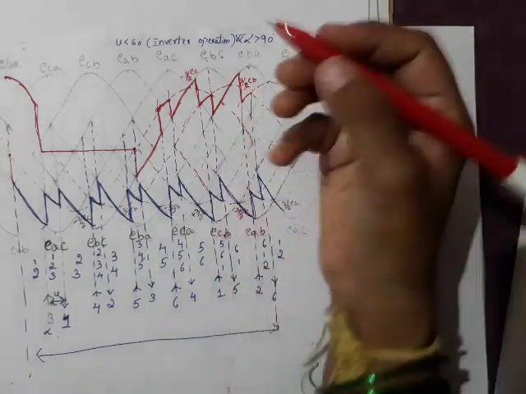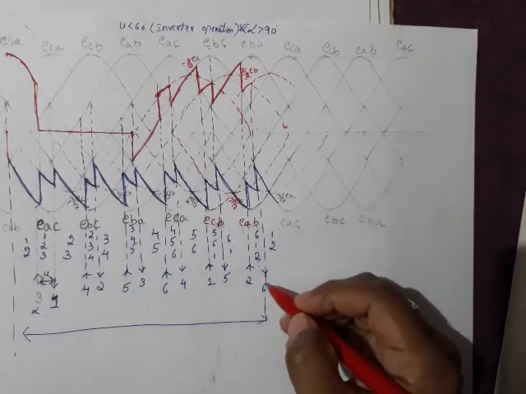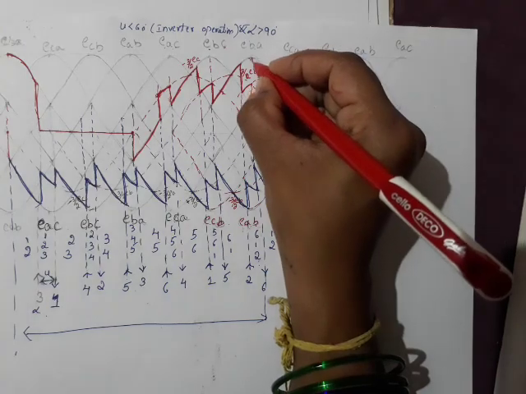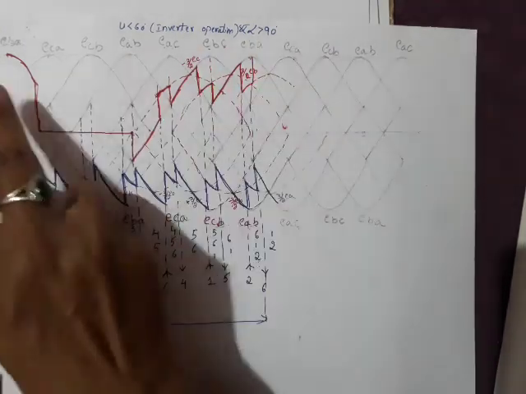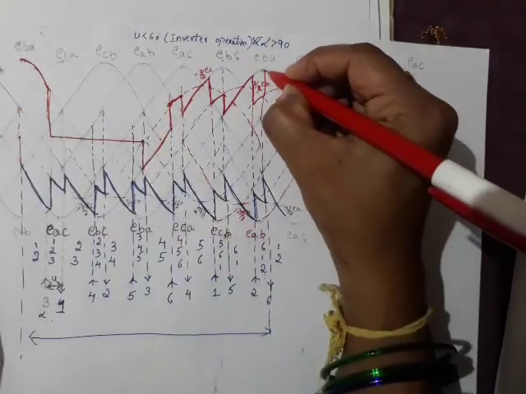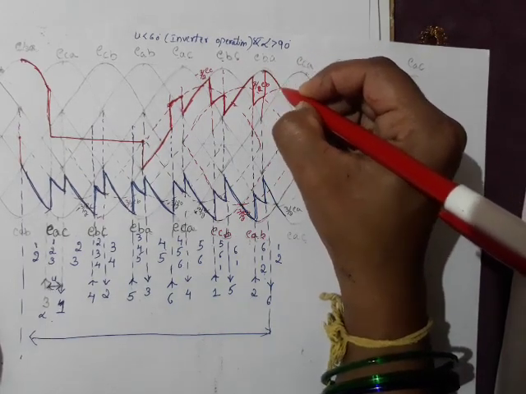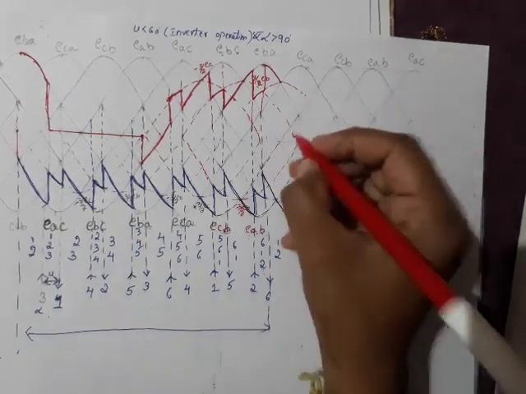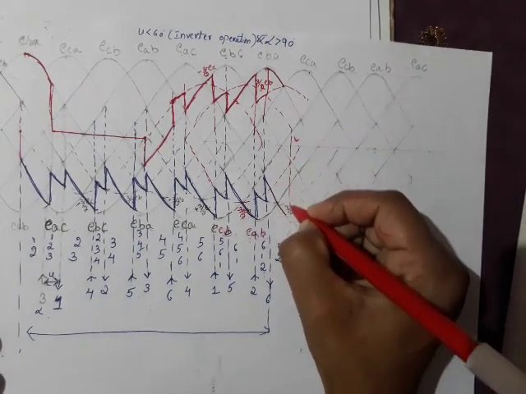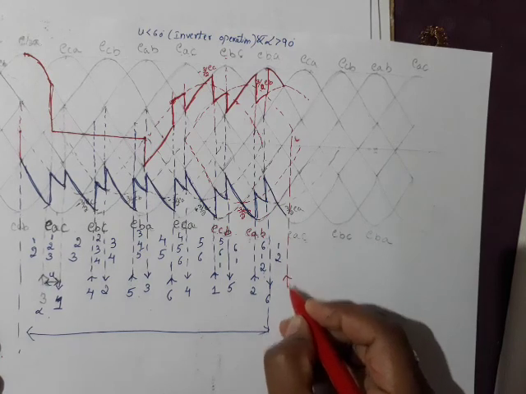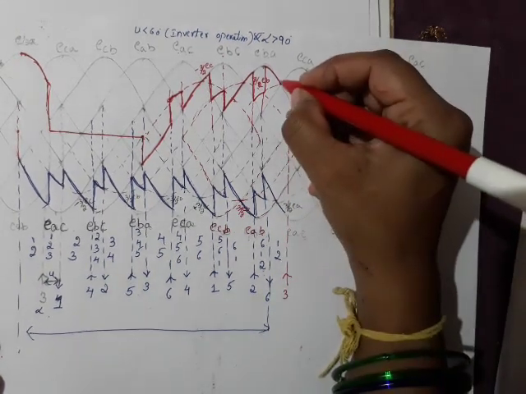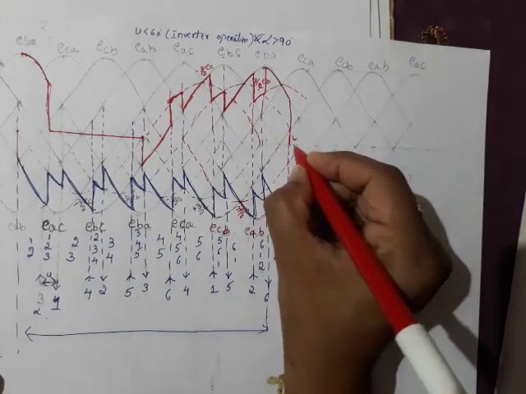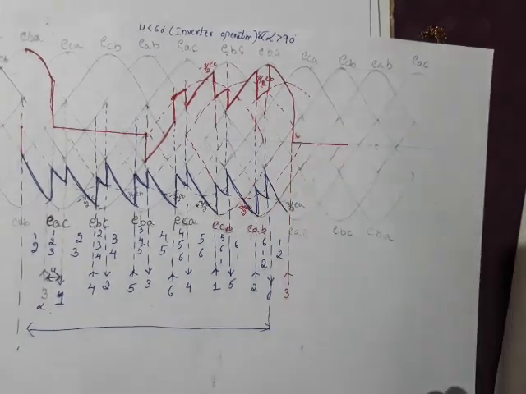Then again valve number 6 goes out of conduction. Valves 1 and 2 are conducting. We have to complete the cycle, right? So it will go back to EBA, the same thing we have written here. Then it will follow that till the next valve comes into conduction. So this is the valve voltage. After that, at this point we are triggering valve number 3, so that it will follow EBA. Then it will come back to 0 and continue with 0.